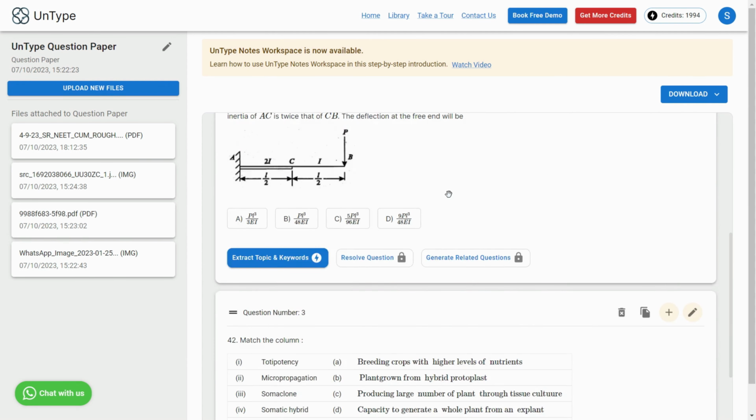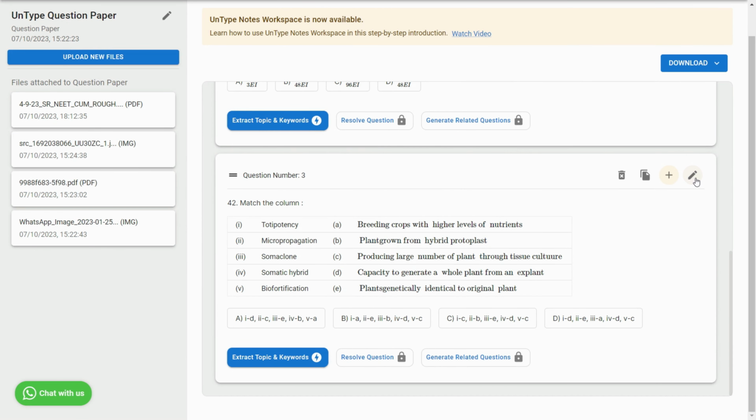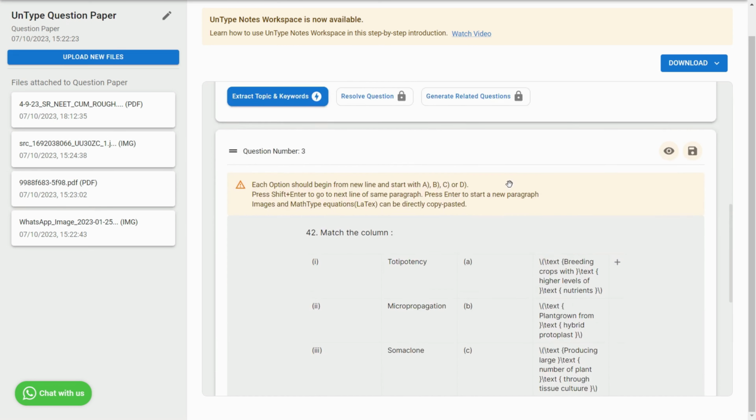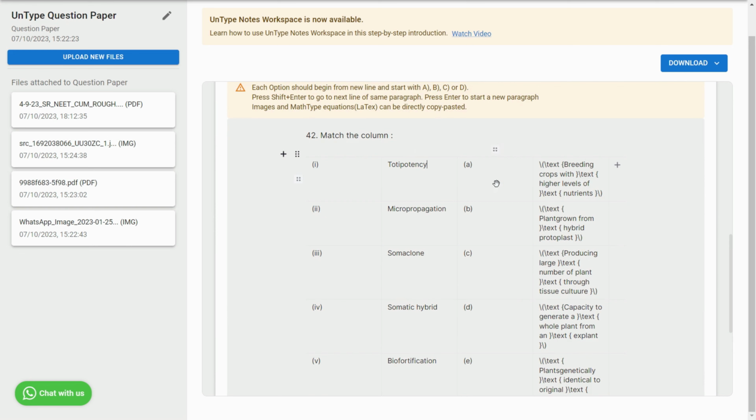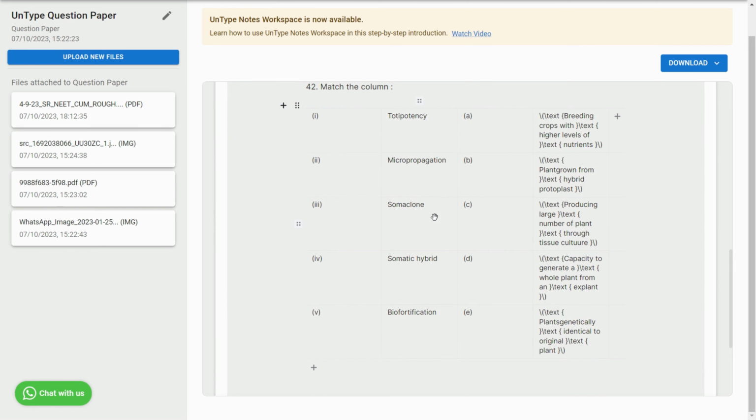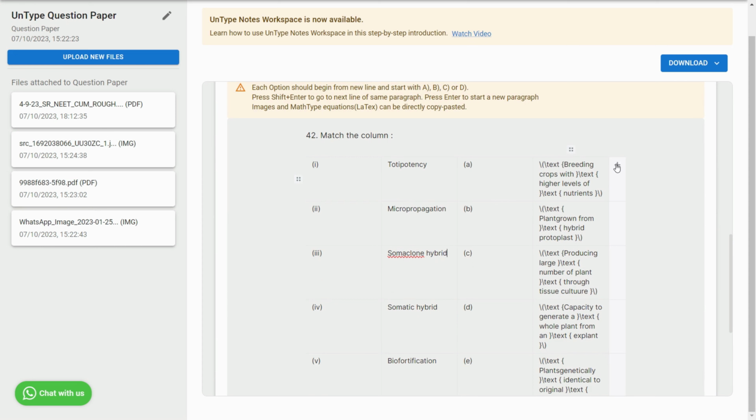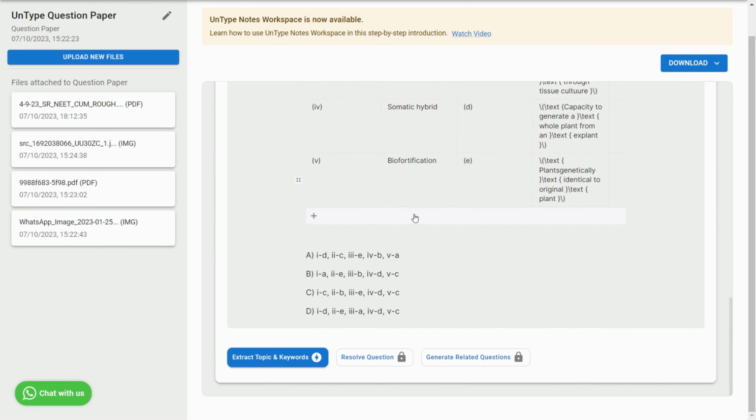So here you have the second question edited. Similarly, you can also edit tables that got extracted from your documents. So here you have a match the column where you have 4 columns. Again, if you want, you can change here something like hybrid, change table. If you want, you can add a new column by clicking here